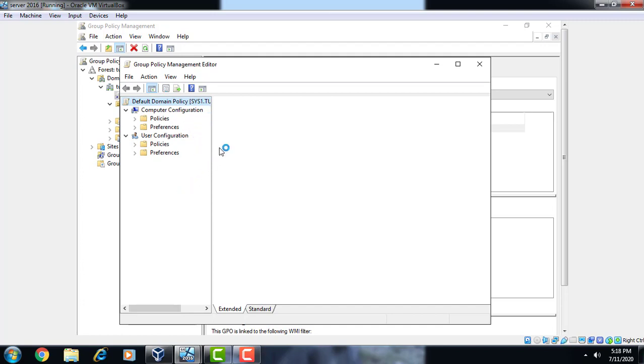We have to perform the policies on the computer, so first we go to the computer configuration.